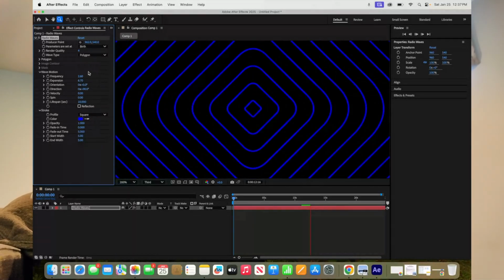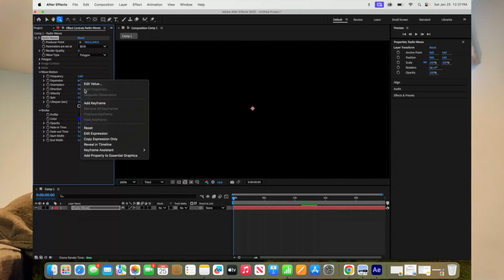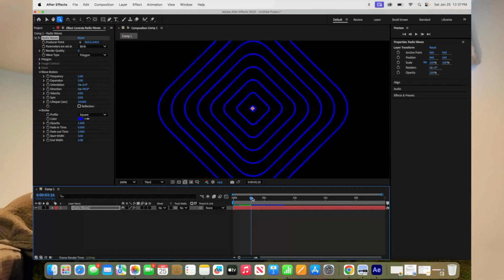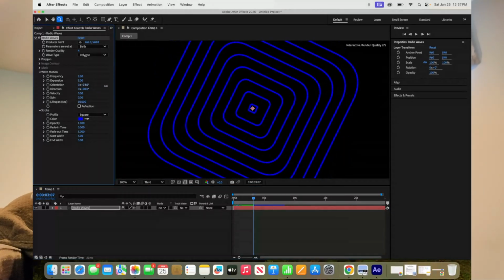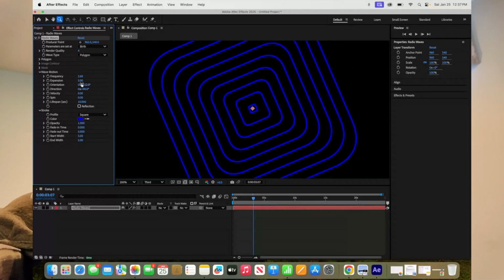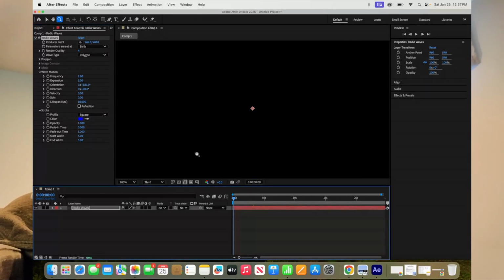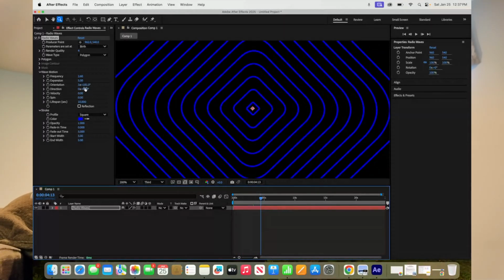Okay, orientation. Let's bring it to the top. I'll take down here, I reset that value back to 5, and orientation just rotates the image. It rotates the shape. And as you see, I have my anchor point set to the middle. Okay, direction. All right, the direction, as you see,